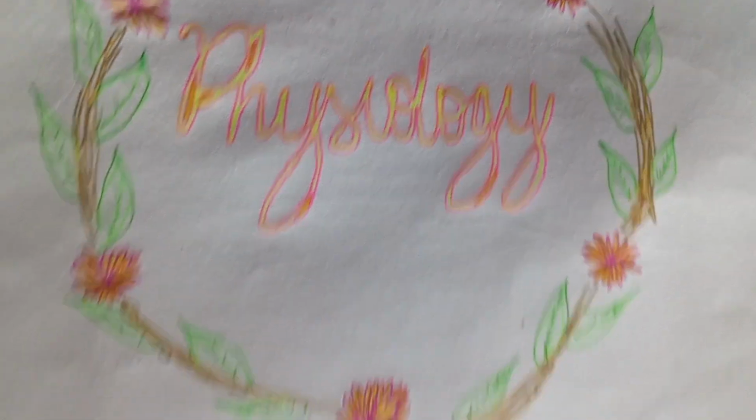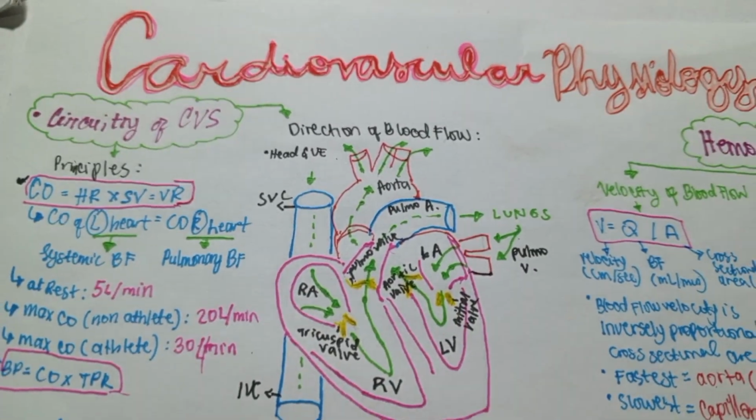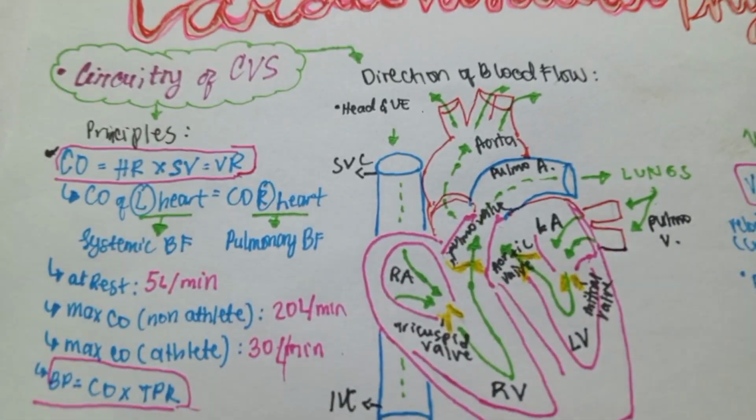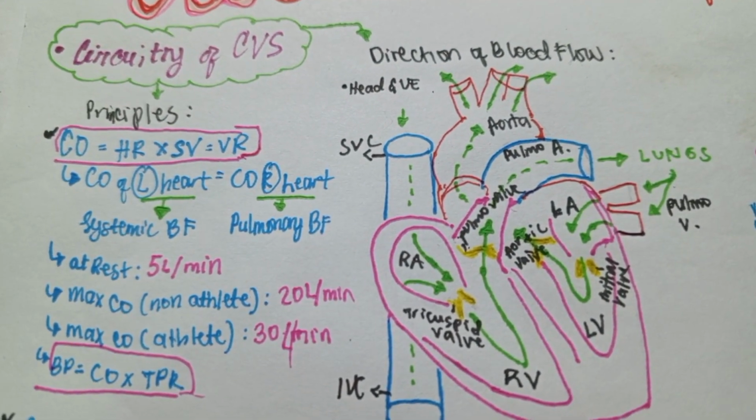So we will be discussing the cardiovascular physiology, the circuitry, and hemodynamics. So for the circuitry of the cardiovascular system, we'll first discuss the principles. So we have here the formula: the cardiac output is equal to the heart rate times the stroke volume equals